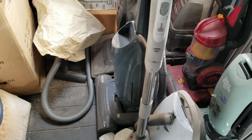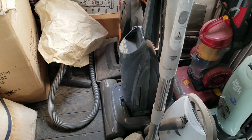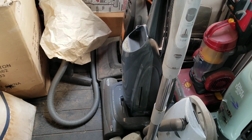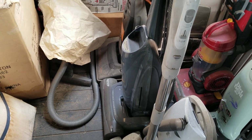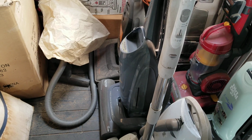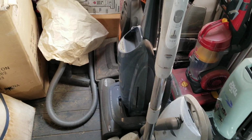But I definitely would like to find a new old stock Kenmore Progressive with IntelliClean version of this. I've seen it once on eBay, and right now I'm just keeping my eye on another one, because normally I don't keep two of the exact same machines from my collection, but this can be one of the exceptions here. So yeah, I just would love to find another one of these that's